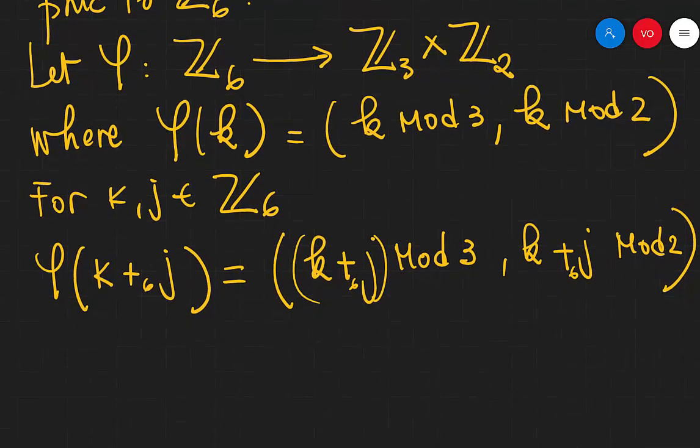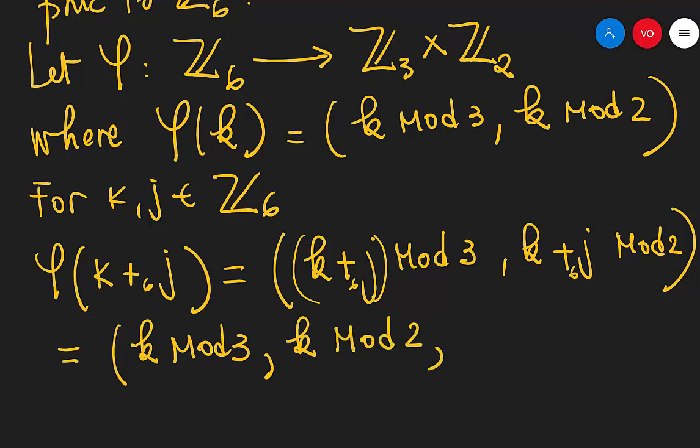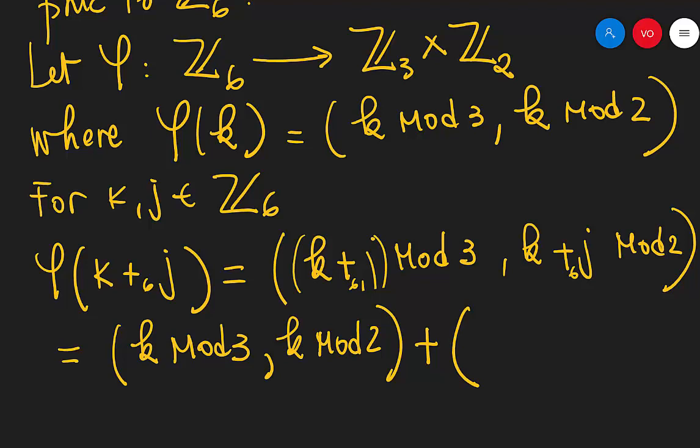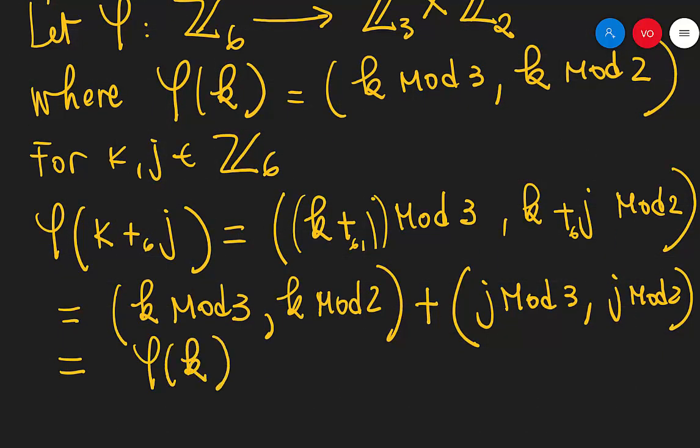Okay, but then it actually turns out that this will be (k mod 3, k mod 2) plus (j mod 3, j mod 2), but the first addend is phi of k, and then the second one is phi of j. Right, so